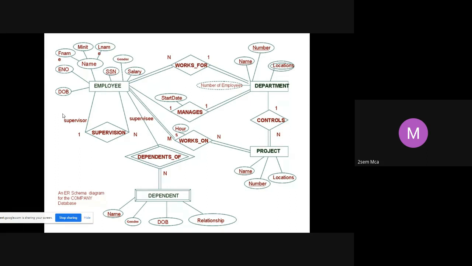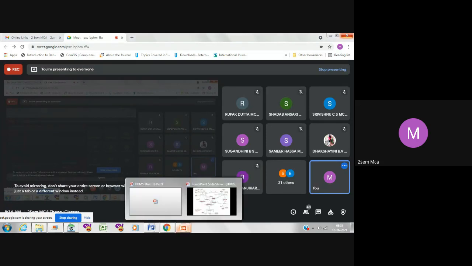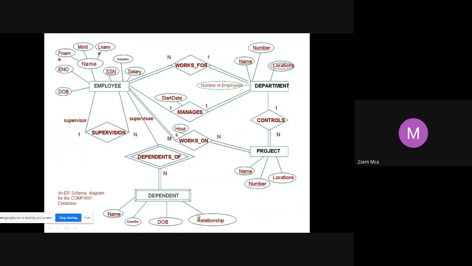Ma'am, employee, department, project, and dependent. Employee, department, project, dependent. Yes. Are all of them the same kind of entities, or what is the difference? Someone said there are 4 entities: employee, department, project.